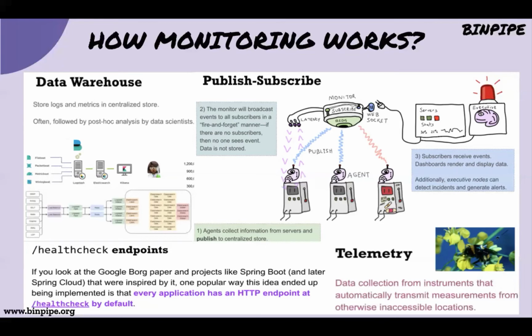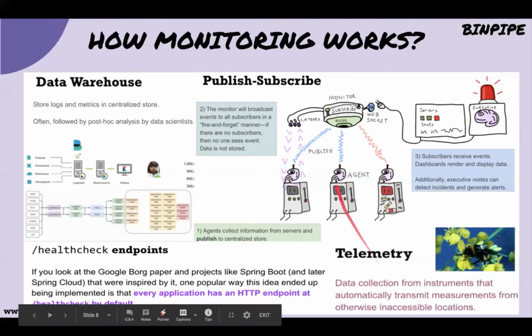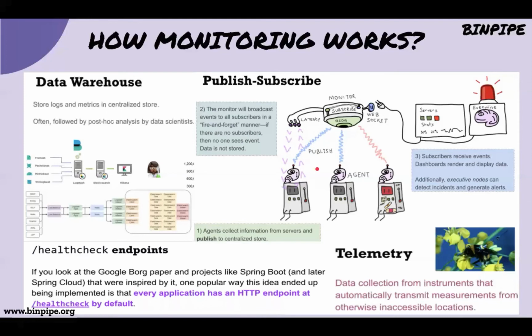But now there is a bit more advanced way that is called telemetry. Telemetry is a way in which data is collected from instruments, and these instruments automatically transmit the data. Like I was talking about that toll tax thing. There is an RFID transmitter, and as soon as your car reaches the toll gate, it automatically knows what is your vehicle number and how much balance is there in your card,